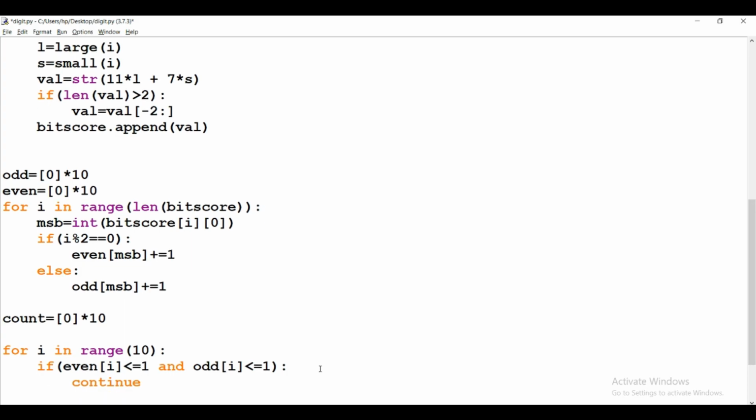Otherwise, if the count is greater than 1, we calculate the count for greater than 1.